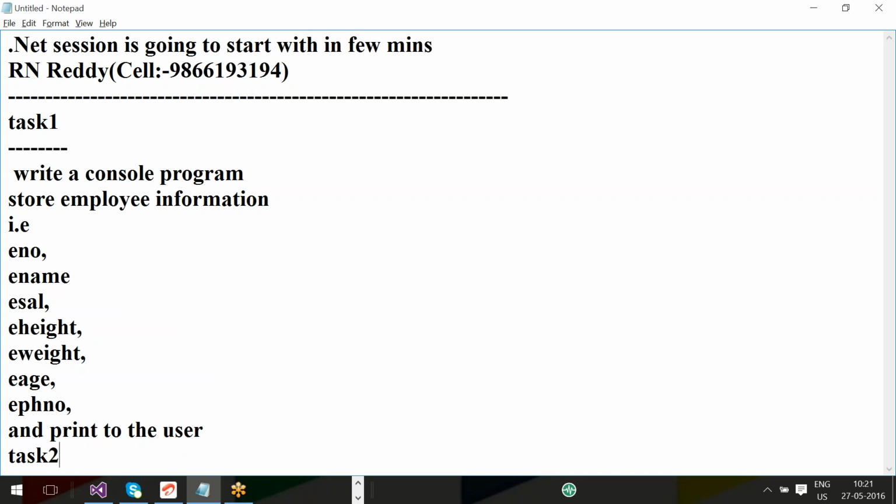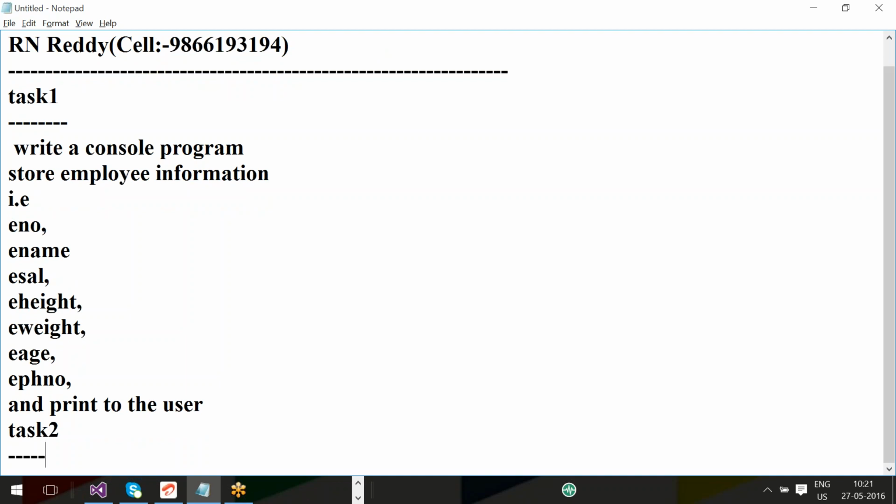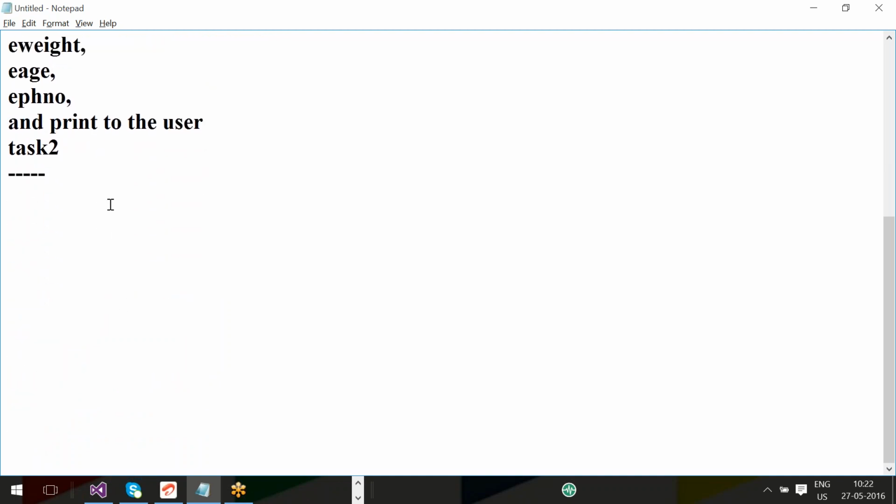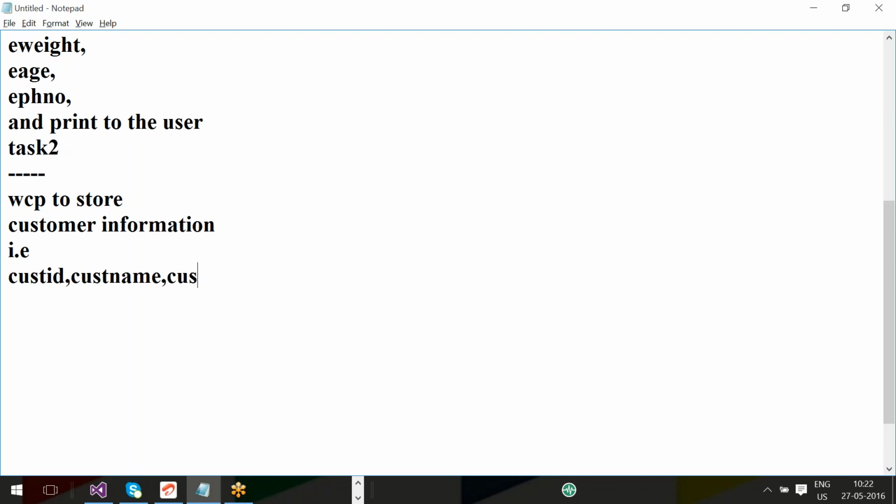Next, task 2. Task 2 is: write a console program to store customer information, that is cust ID, cust name, cust location, cust pin code, cust phone number, cust mail ID, customer mail ID, and cust SSN,